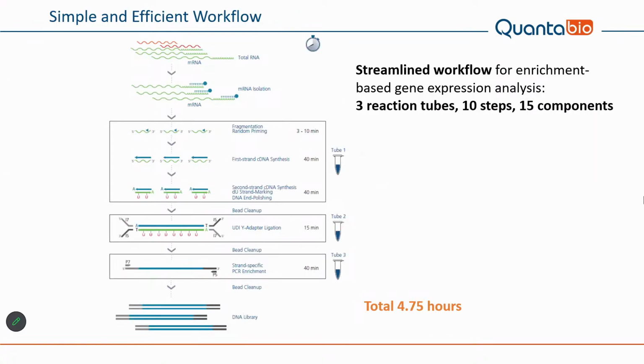Overall, this is a very similar workflow to the one that I just presented, so I'm not going to go through every step individually. But again, here you start with total RNA, and the main difference between the two kits is that initial choice between depletion and mRNA isolation. So with the